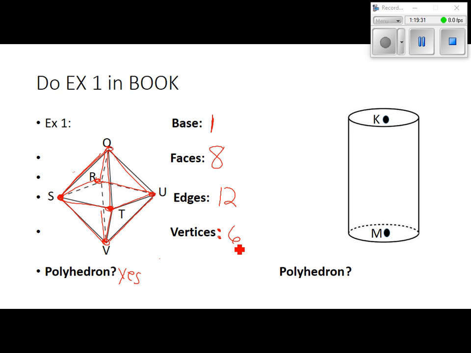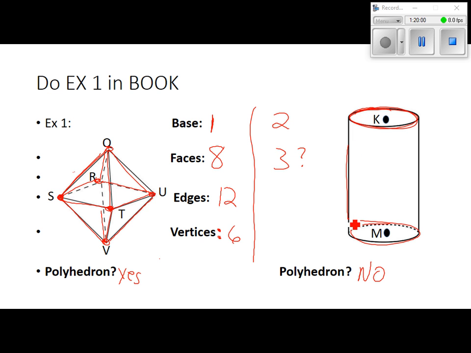The other one, is this a polyhedron? And the answer is no, because it's got circles in it. So it's not a polyhedron. If we want to do the bases and the faces for it, it's got 2 bases. The circles are the 2 bases. And as far as faces go, it has sort of 3, and that's sort of questionable, but you got your